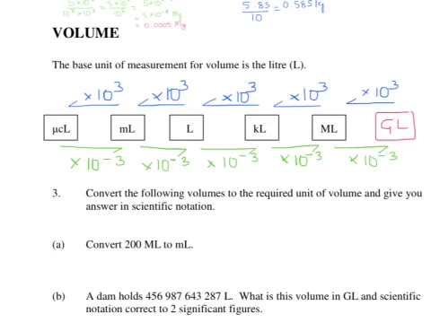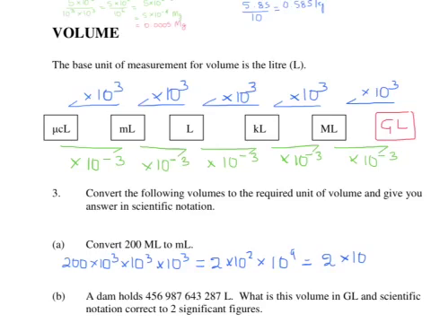So it will become 200 multiplied by 10 to the power 3 by 10 to the power 3 by 10 to the power 3 again, remembering that 200 is actually 2 by 10 to the power 2. Let's write that as 10 to the power 9, so 2 multiplied by 10 to the power 2 plus 9 is 11, and